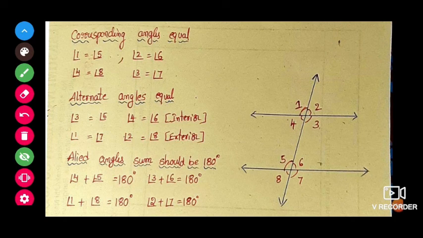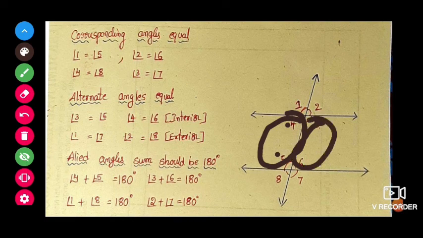Okay, allied angles. Here allied angle means same side, either in the interior or in the exterior. So first, if we take interior allied angles 3 and 5, this sum should be 180 degrees. If it is parallel lines, the sum should be 180 degrees. And the same concept we discussed in a postulate, Euclid's postulate number 5. Did you remember? If the sum on both sides is 180, then the lines will not meet at all. The same postulate only we are applying here.